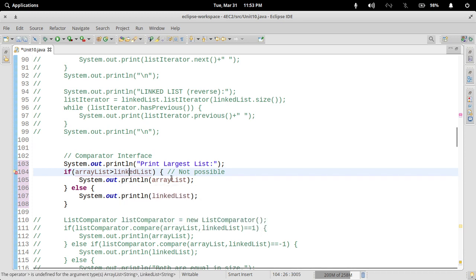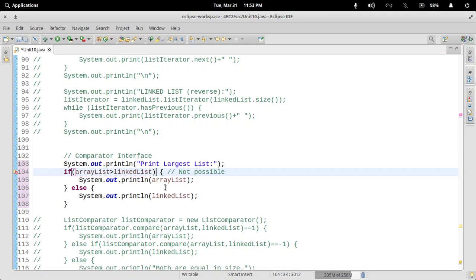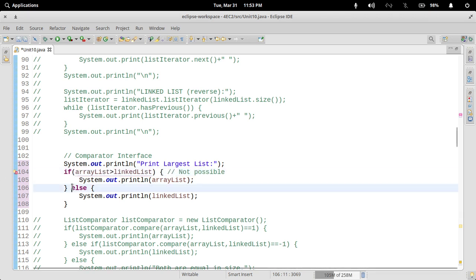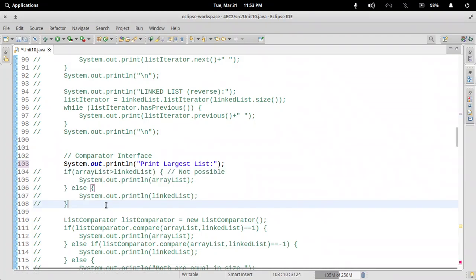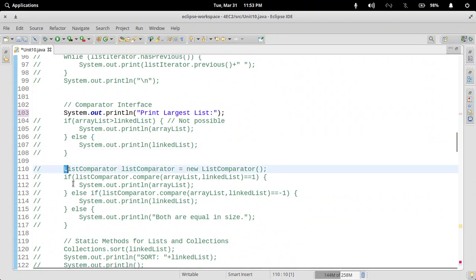These are not primitive data types, and these two classes do not implement the comparable interface either, so it gives us an error. So direct comparison is not possible, so we need to go for the